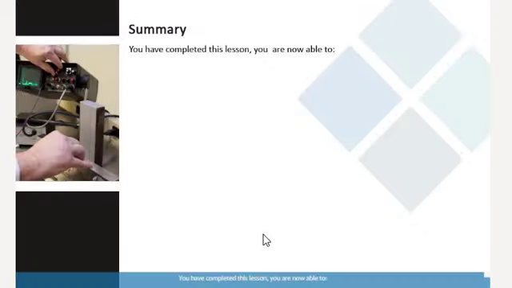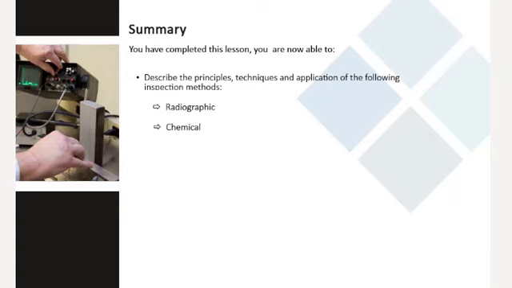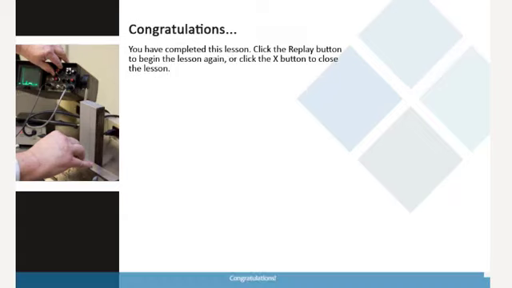You have completed this lesson. You are now able to describe the principles, techniques and application of the following inspection methods: radiographic and chemical. Congratulations! You have completed this lesson. Click the replay button to begin this lesson again, or click